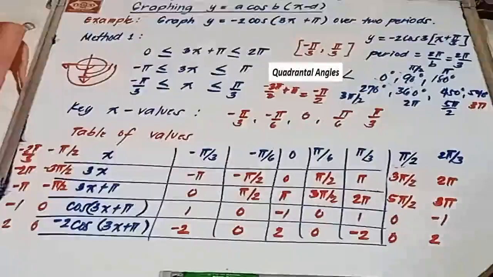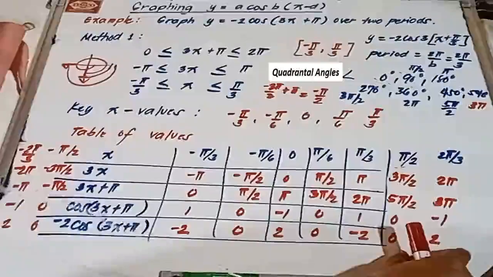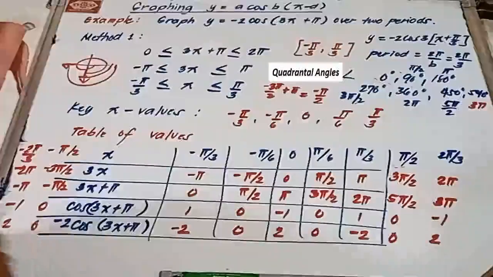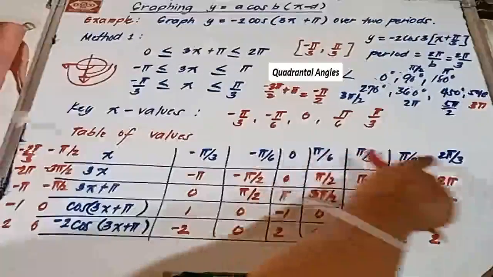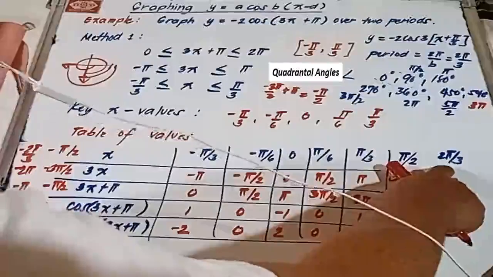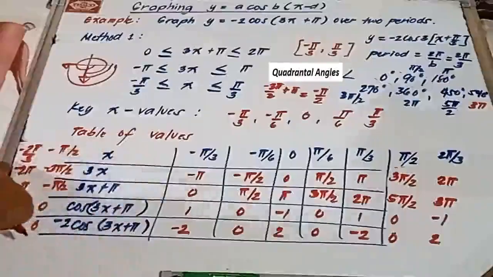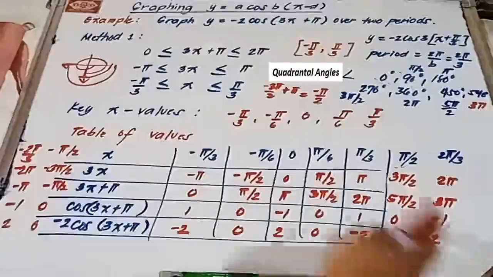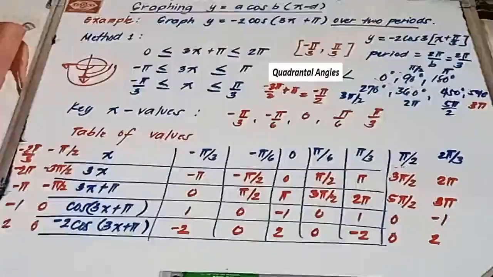So, nagdagdag ako ng other half to the right at nagdagdag ako ng other half ng ating period to the left. Okay? So, from 0 to 2 pi over 3, 1 period to the right. From 0 to negative 2 pi over 3, 1 period to the left. So, 2 periods na siya. Kasi yun ang required dun sa atin. Okay? Now,